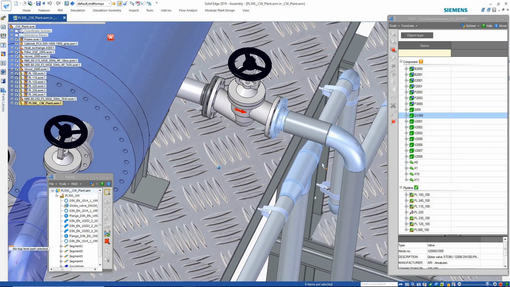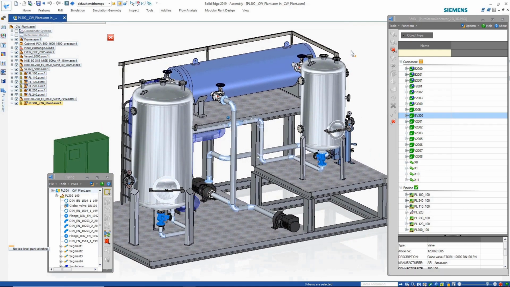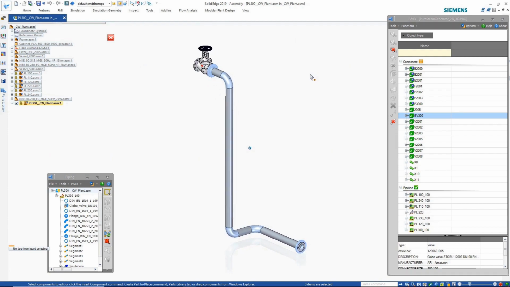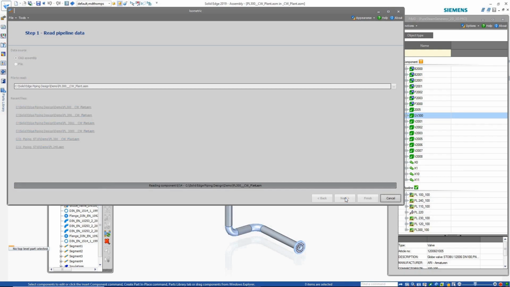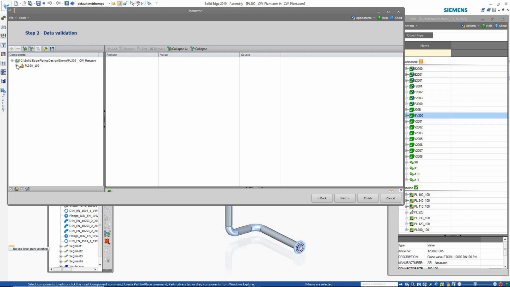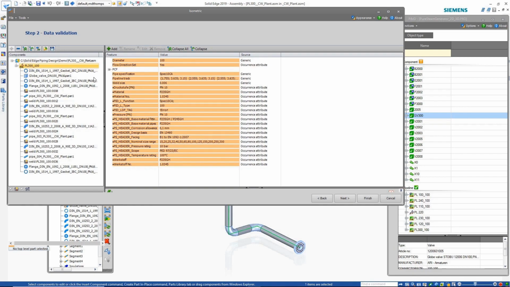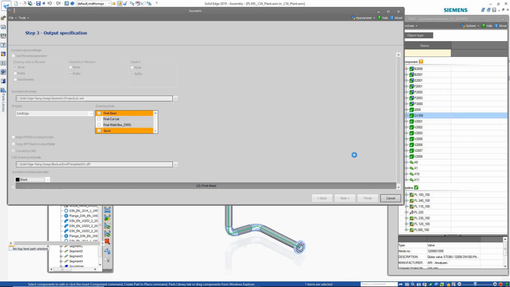What I'd like to go into next now is, we have our design model now, and our updates now included. I would like to now create our isometrics, selecting purely the new items we added into our model, and going to Modular Plant Design and selecting the isometrics wizard. There are a few steps involved in this wizard, and we just select the ends we want to use, and there we go. Pretty much we now want to convert to CAD and choose what we want to get out of it, and click Finish,